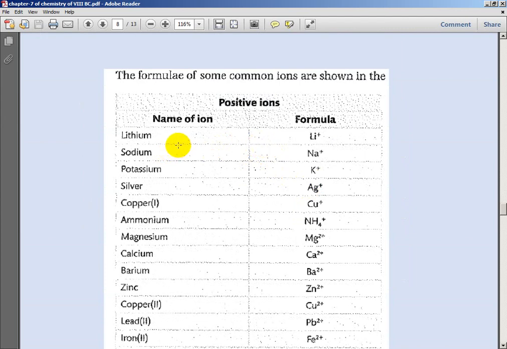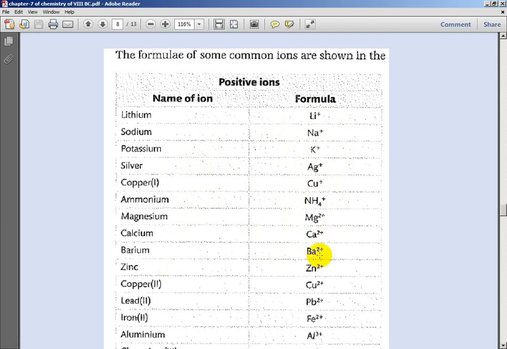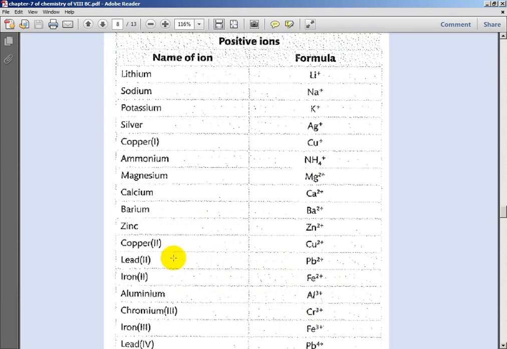Name of ion: lithium ion Li plus, sodium Na plus, potassium K plus, silver Ag plus, copper 1 Cu plus, ammonium NH4 plus, magnesium Mg 2 plus, calcium Ca 2 plus, barium Ba 2 plus, zinc 2 plus, copper 2 Cu 2 plus, lead 2 Pb 2 plus, iron 2 plus,